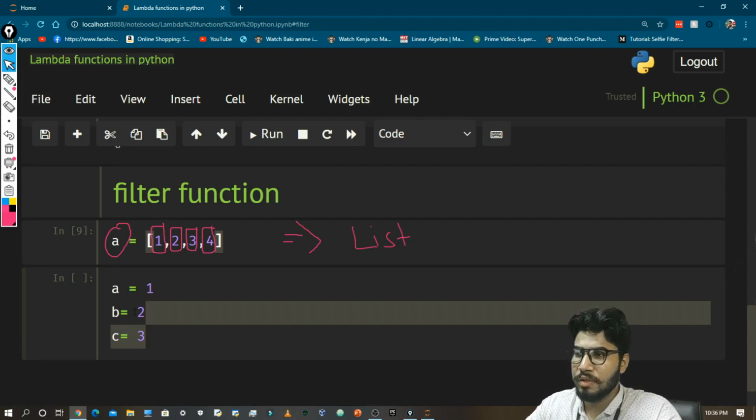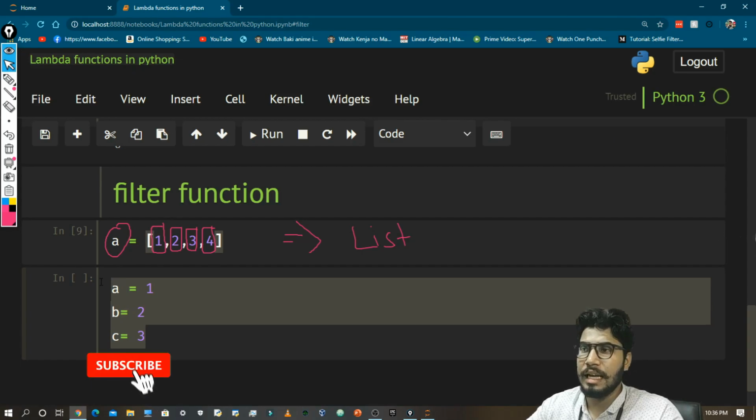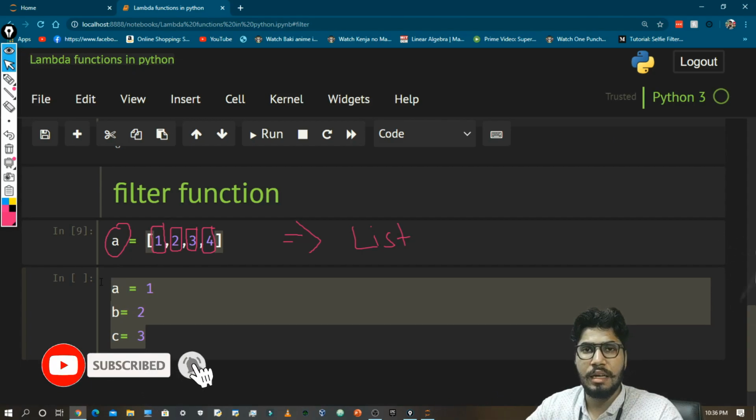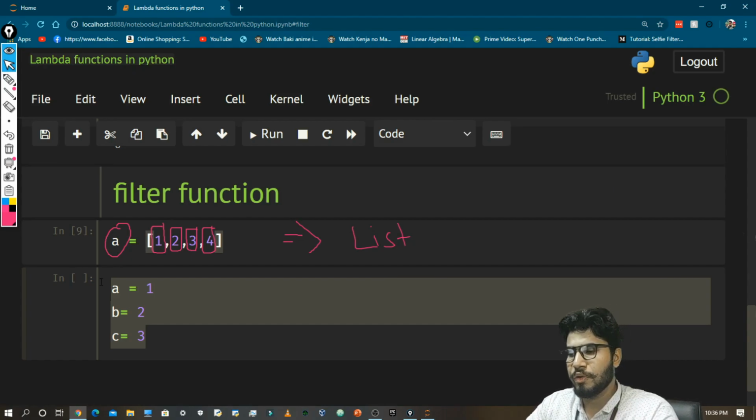So that's why we use a list. And in this example, I am going to use a list. But the next video, I think the next to next video, will be about data structures in Python. So in that we will discuss lists in more detail. So stay tuned for that.